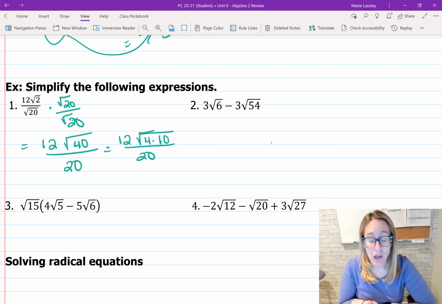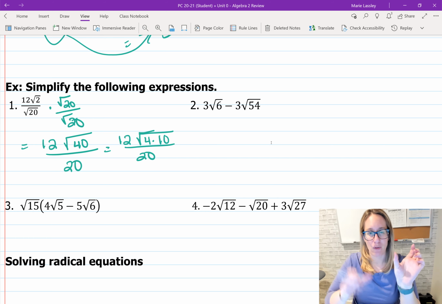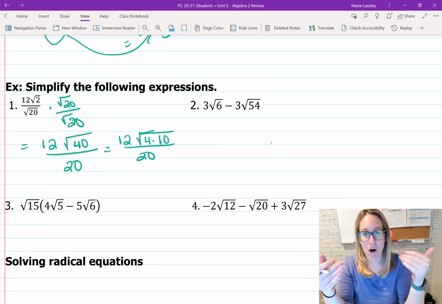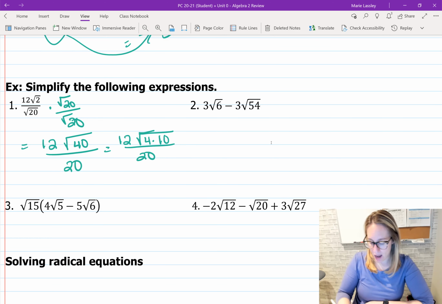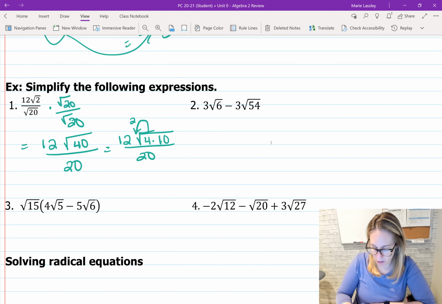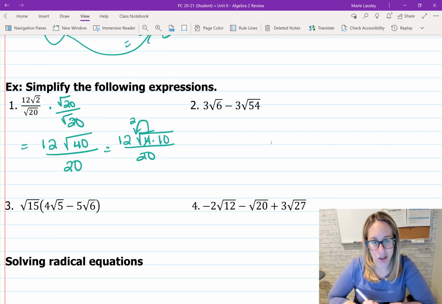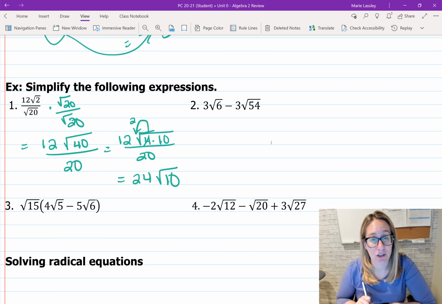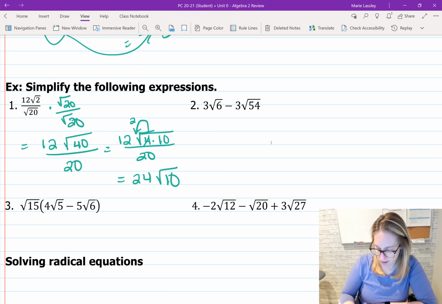Now, since 4 is a perfect square, I can take it out as a 2. You can write this in separate steps, kind of like we did above, where we rewrote it separately as square root of 4 times square root of 10, and then we simplified square root of 4. But I'm just going to do it all in one step. So I know that the square root of 4 is 2, so I'm going to take this out as a 2. So the 4 is coming out, and it's coming out as a 2. That means I'm going to multiply 12 times 2, and that's going to give me 24. I still have that square root of 10 because there's no other perfect squares that go into 10,